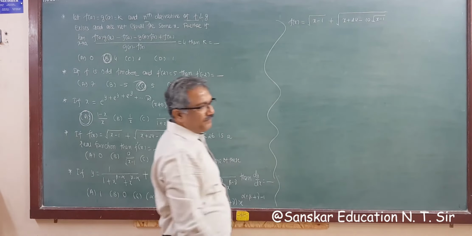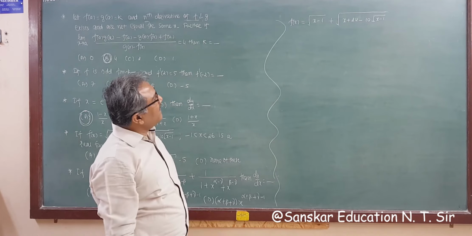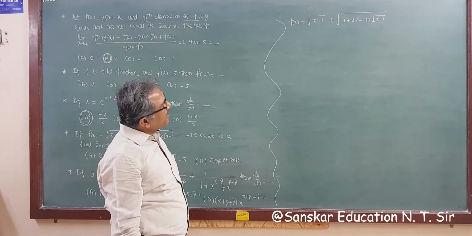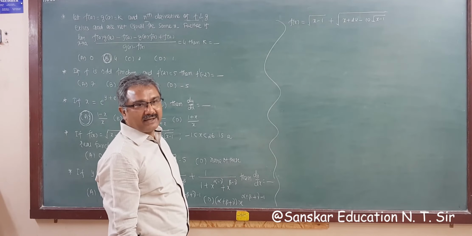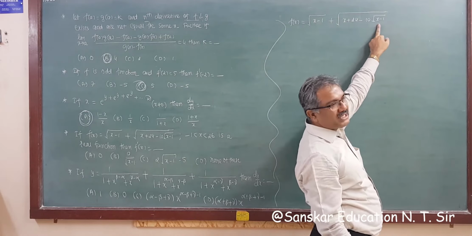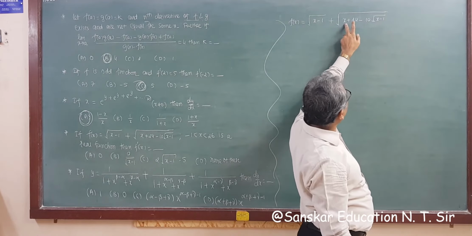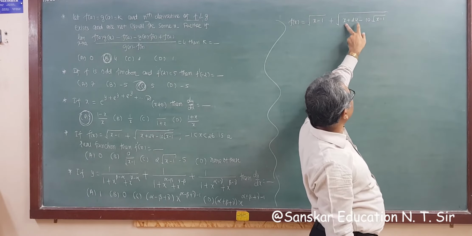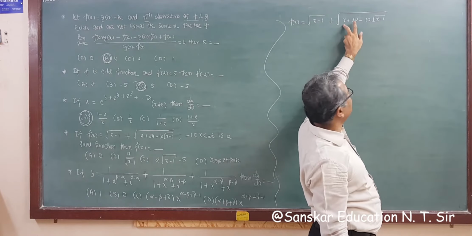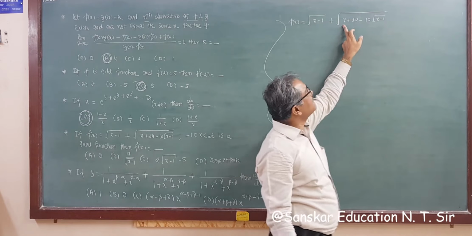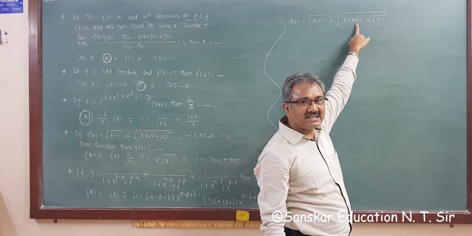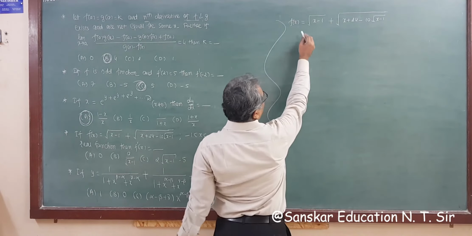This is the given function. You can directly differentiate it, but I am not interested in differentiating it directly, because this is x minus 1 under root here, and also this is root x minus 1. So we have the first term, the last term, and a middle term, because the first and last terms are always perfect squares. But this is not a perfect square, and 24 is also not a perfect square. So can I write it like this?